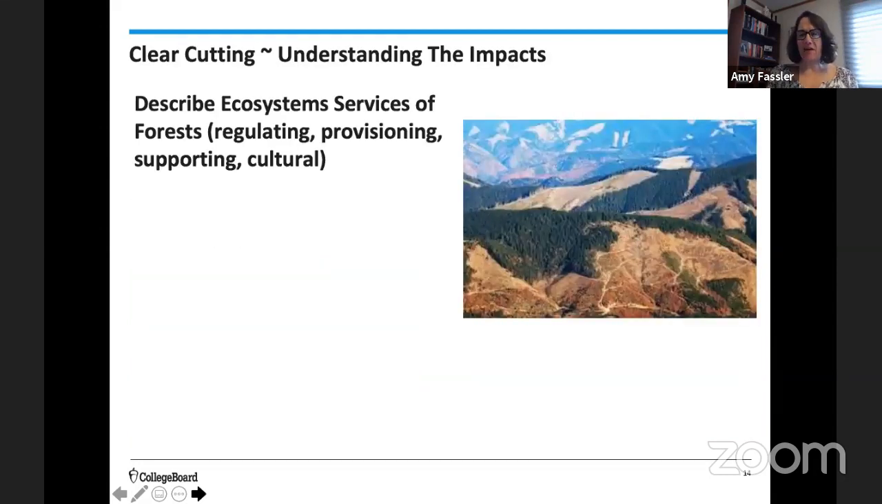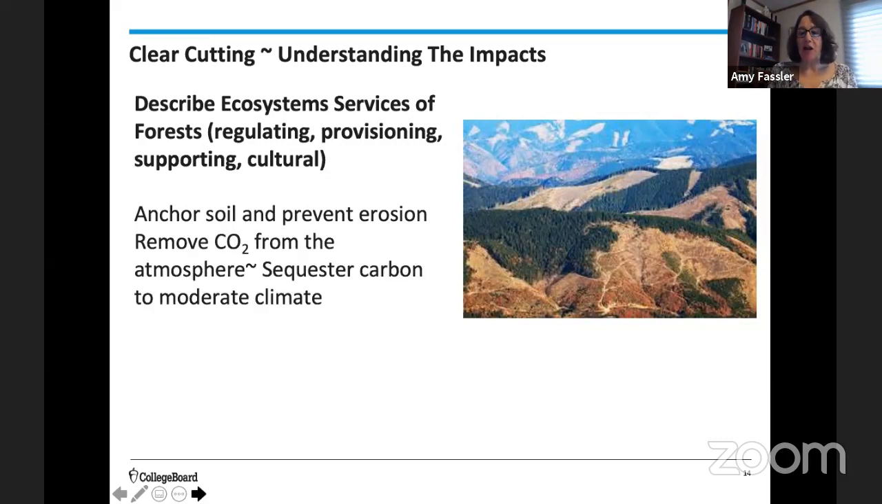Some of the impacts of clear cutting: if we want to know what the impacts are of taking all these large trees from a big tract of land, we had better start with a real quick review of the ecosystem services of forests, because that's where I get that describe point, really showing that I understand the actual impact in a lot of detail. We have provisioning, regulating, supporting, and cultural ecosystem services. And when I look at this image of this big clear cut and at the ecosystem services, it's very obvious that